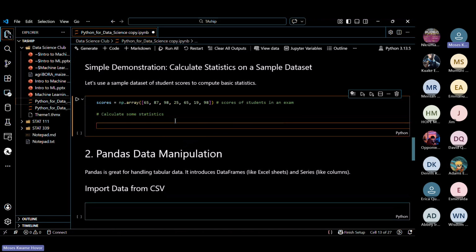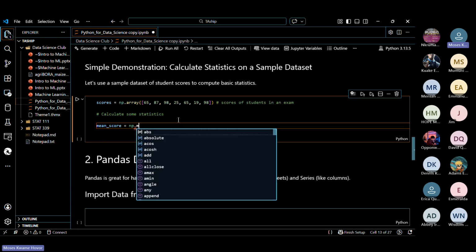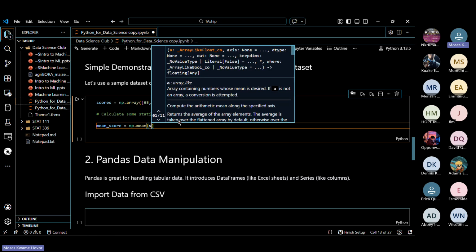Let's say we want to find the mean, the median of the scores, the maximum of the scores, the minimum, and the variance. The first thing that we're going to find here is the mean. So mean_score. We're going to use np.mean. Then we will input the scores.